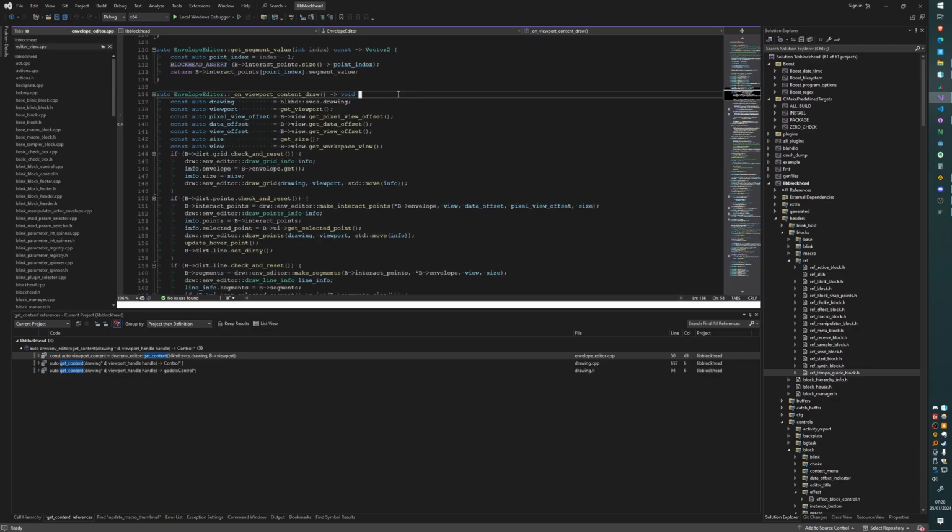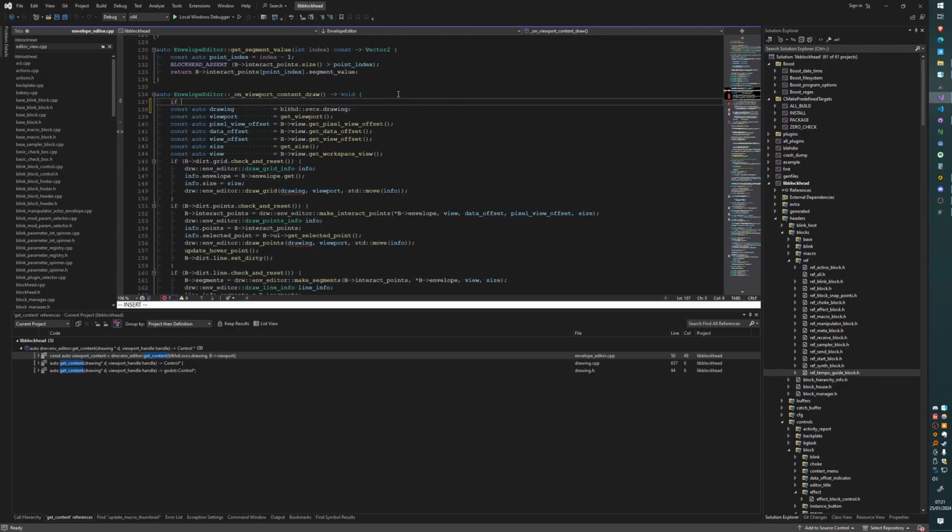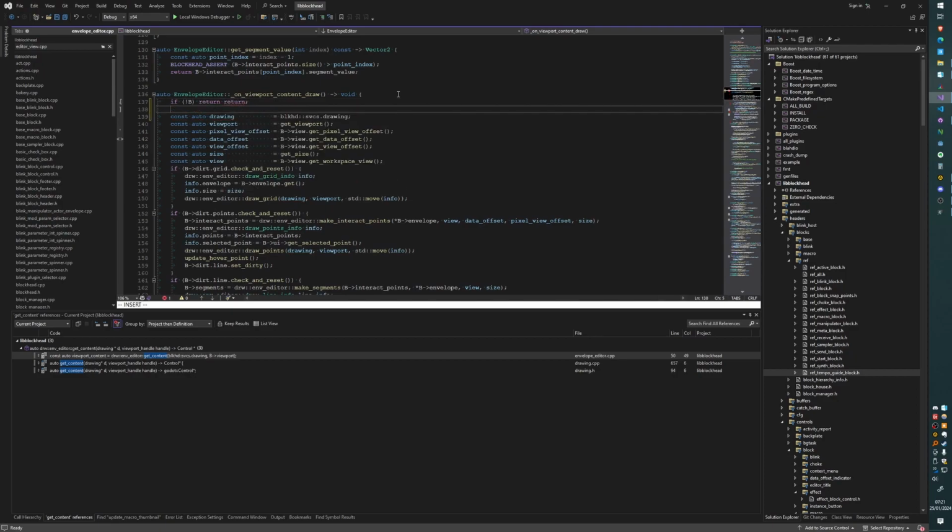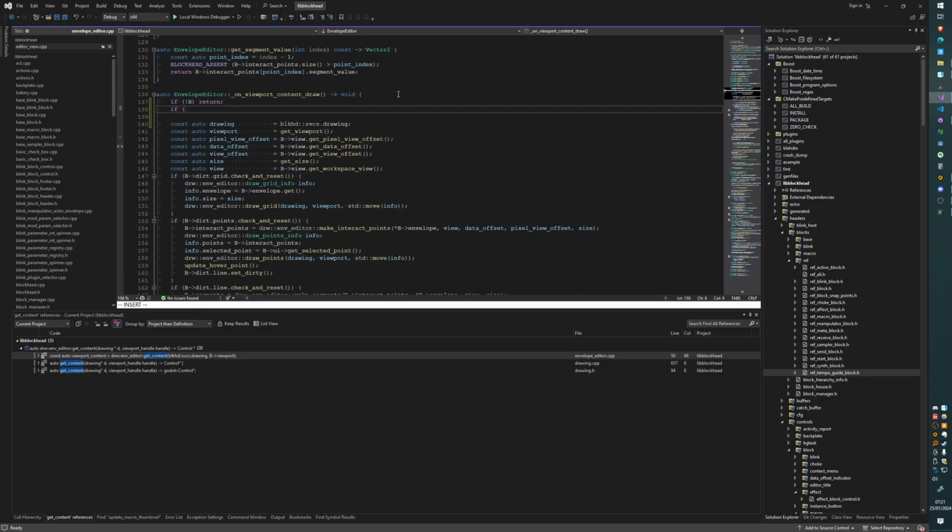So I'm just going to add some defensive things in here, because unfortunately I can't reproduce the problem, so I don't know exactly what's happening. So let's say if this is null, then just return. Whoops. And also if